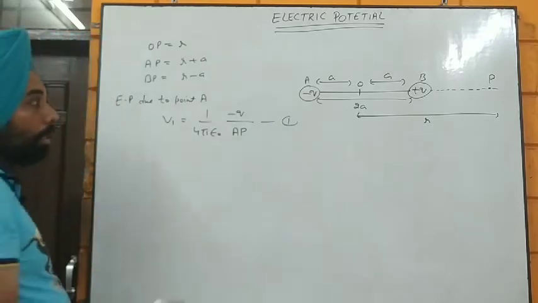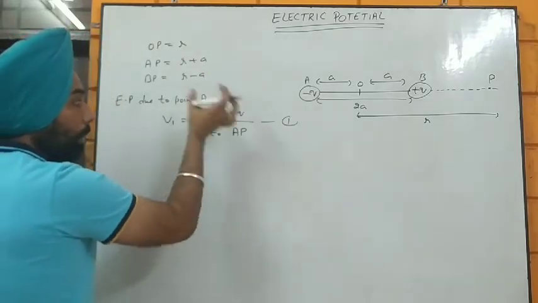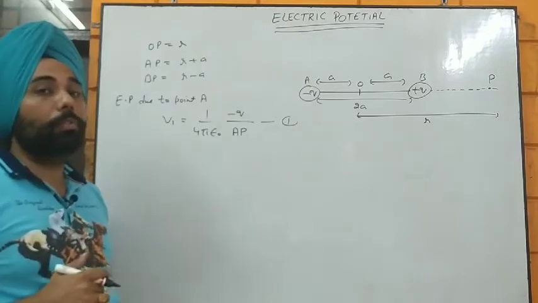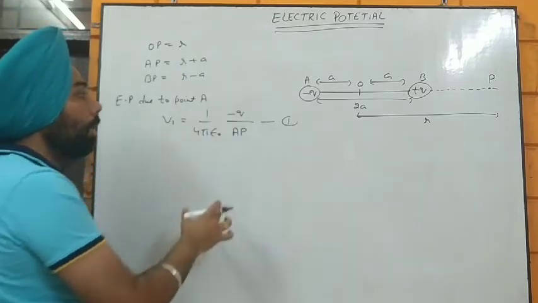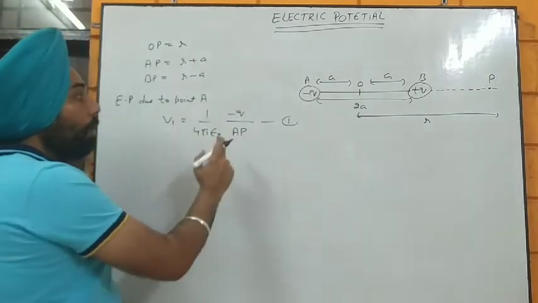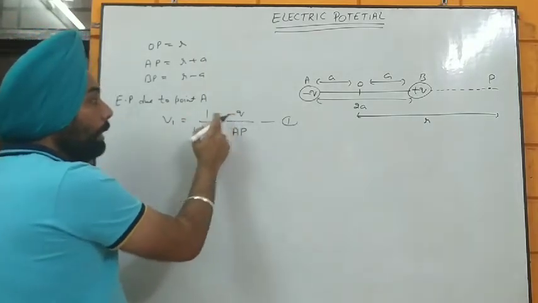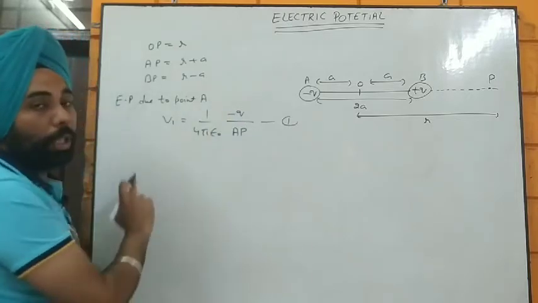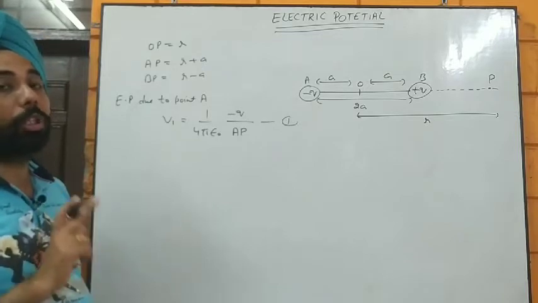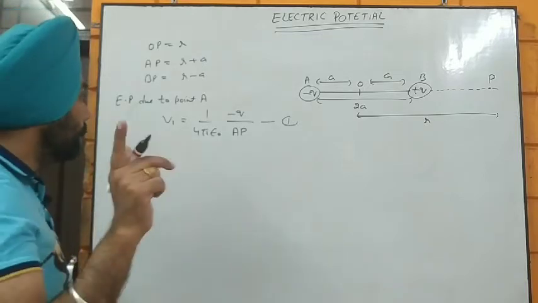The main point is that we have to take the polarity of the charge here, because a negative and a positive charge can make a higher or lower potential. So whenever we take the polarity, it can change the value of potential. So in the case of potential, we should always take the positive or negative sign of the charge. That is a tip for you.